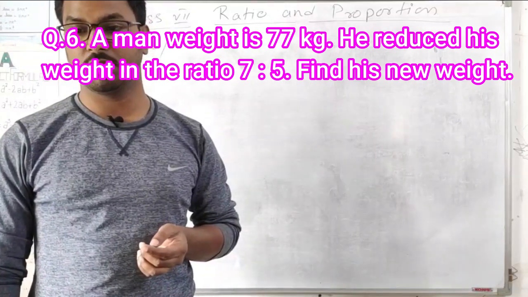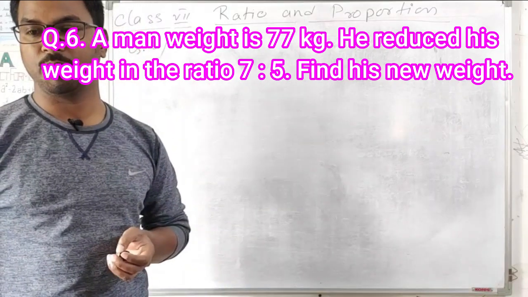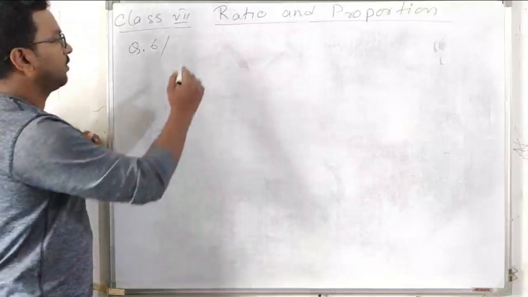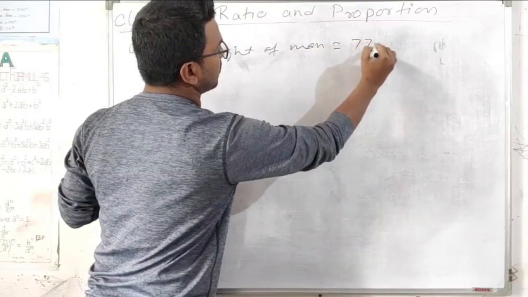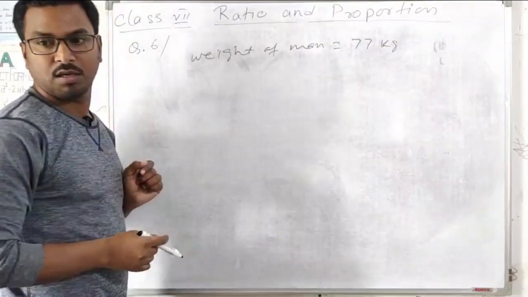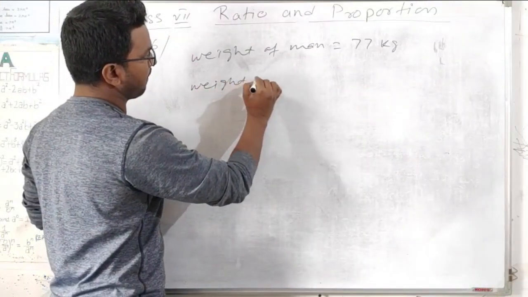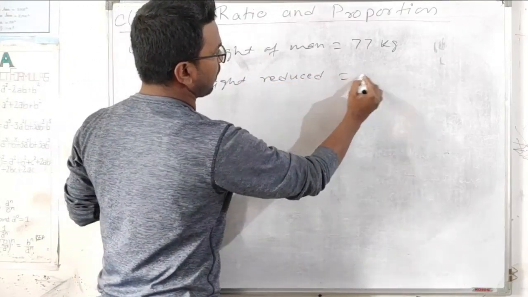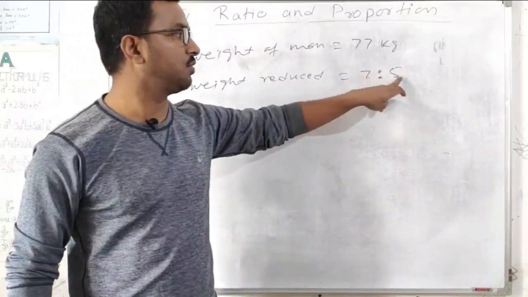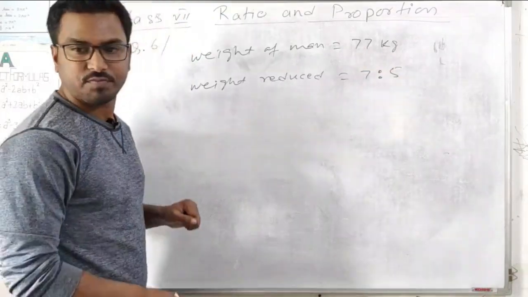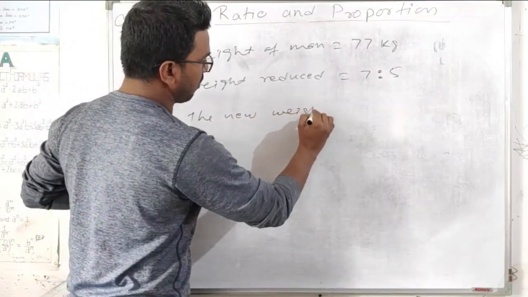It is given a man's weight is 77 kg. He reduced his weight in the ratio 7:5. Find his new weight. Okay. The weight of the man is given as 77 kg. Okay, and here the weight is reduced in the ratio 7:5. Okay, initially it was 7, then it is reduced to 5. So it means here the new weight